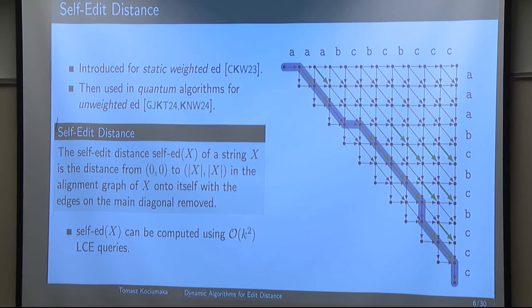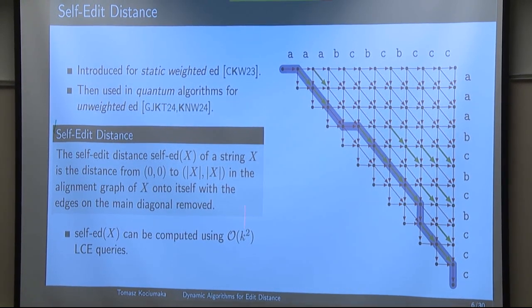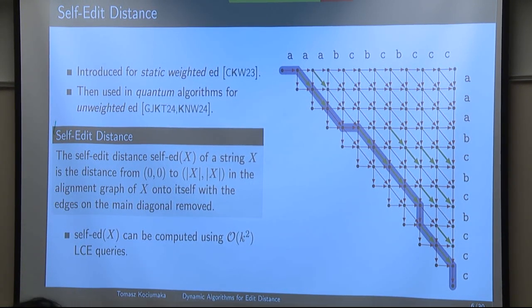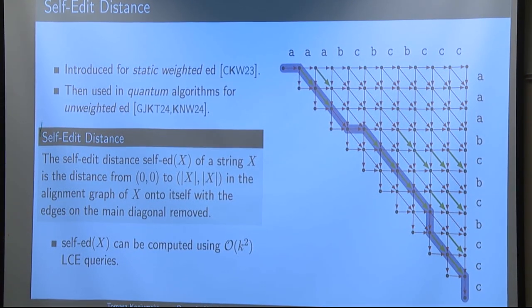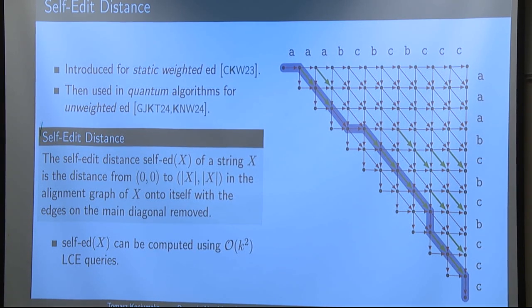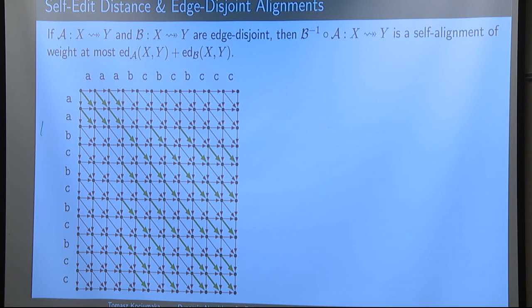But the self-edit distance is just defined as the shortest path from corner to corner in this graph, or in the whole graph, or in this one where there is only half of the vertices. And still it can be computed using the Landau and Vishkin algorithm, basically using k-squared LCE queries. Okay, so that's some definition, but so far it's not clear why it would be helpful or useful in any way. So the main property we use about self-edit distance is that it can model where there can be two